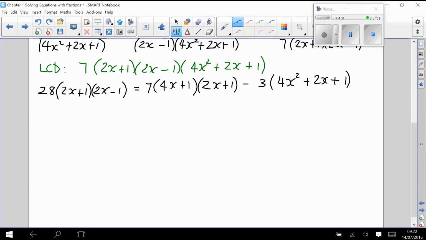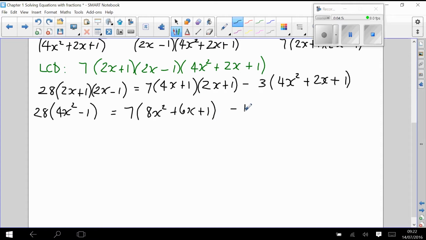So multiplying out my brackets, the first two brackets, when I multiply them out, give me an answer of 4x squared minus 1. The next two brackets, when I multiply them out, are going to give me an answer of 8x squared, and then that's going to be plus 4x plus 2x, which is plus 6x, and plus 1. In the last term, I'm able already to distribute the minus 3 into the bracket, and so I'm going to